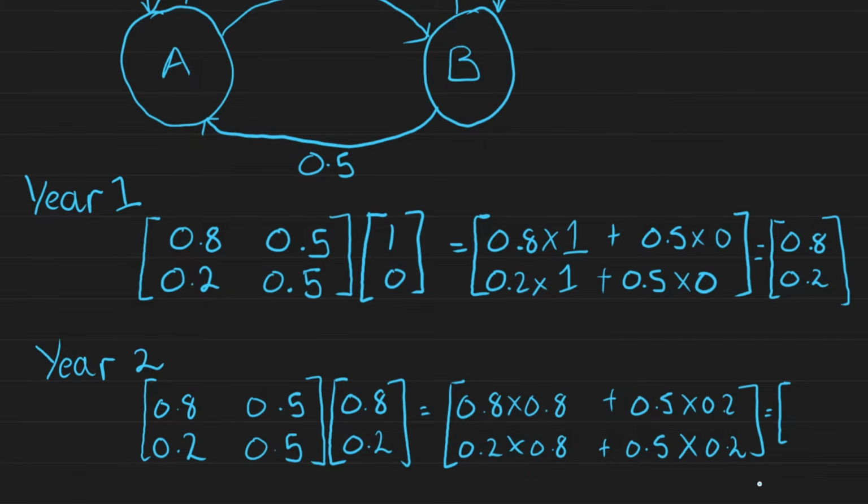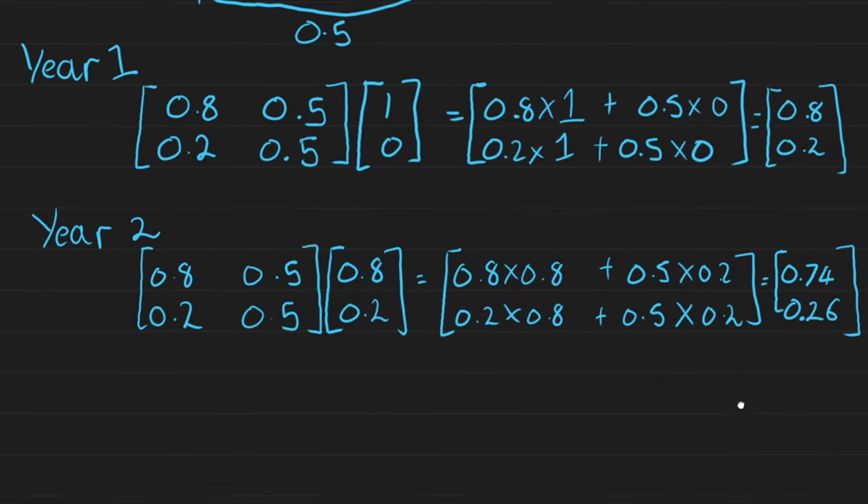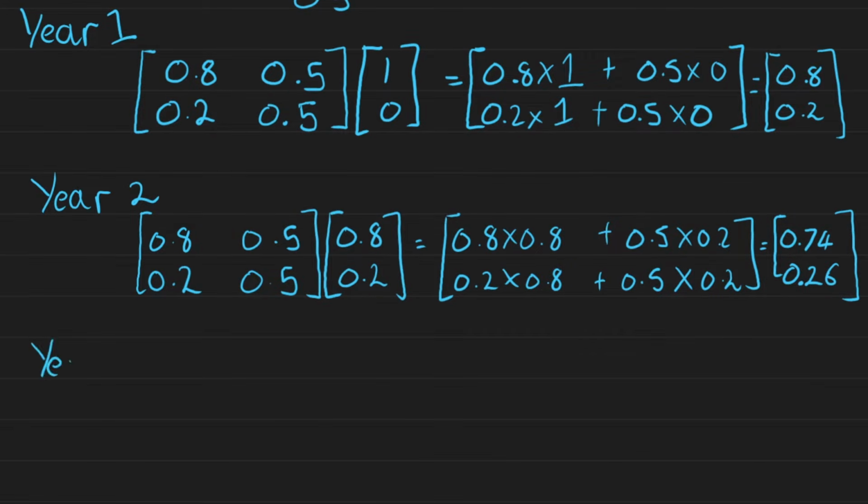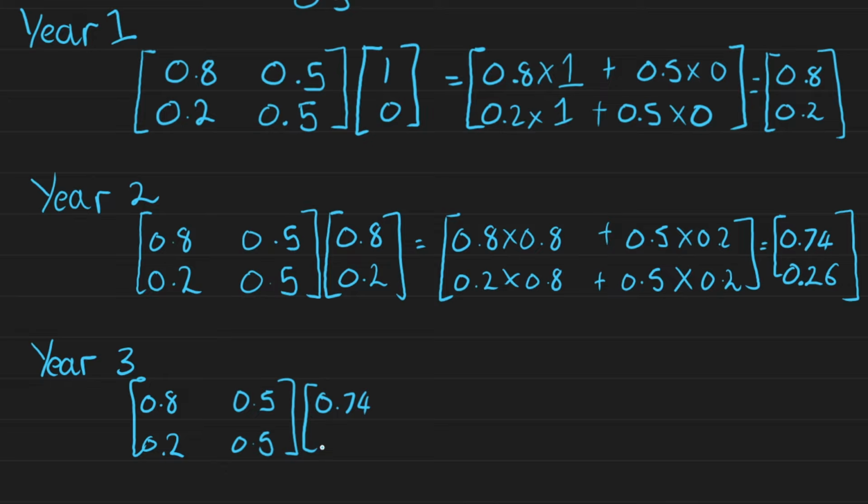So what this is going to give us is 0.74 and 0.26. So we're just going to repeat this calculation 2 more times for year 3 and year 4. So in year 3, we have the same thing, 0.8, 0.2, same matrix, 0.5 and 0.5. And now at the start of year 3, we have 74% in A and 26% in B. And if we perform this multiplication as we have done previously, we'll get the result